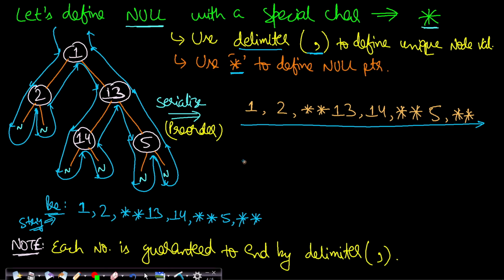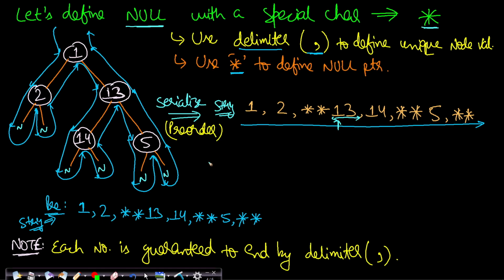Now in this case, you can always guarantee that since each number is always followed by a comma, whenever you are pointing to any position, let's say you are pointing to this position, you can extract the entire number, because all of this is in the string format. So you have to extract each of the node values by using a while loop. In order to extract a number, you can give the while loop condition to end at comma. I will show this in the code.